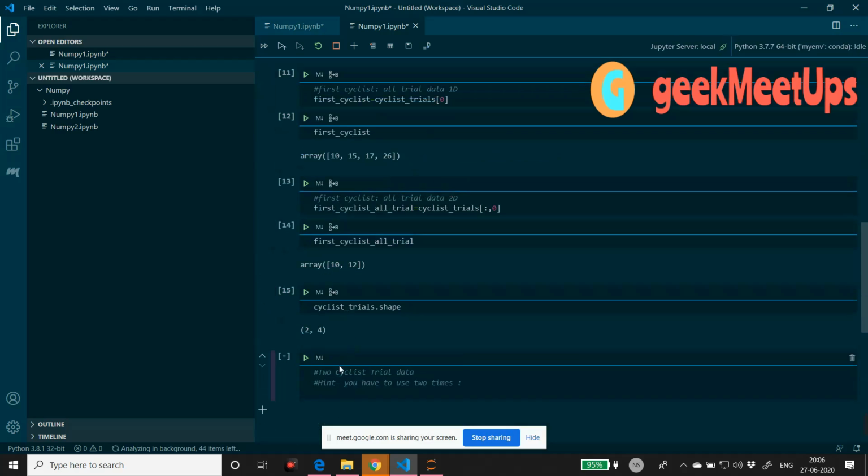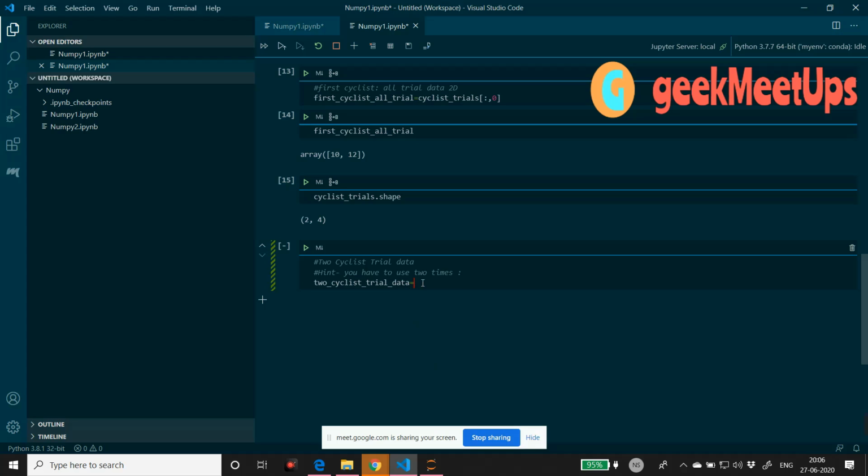Okay, so now suppose I am taking the variable two cyclist trial data equals to what I have taken, cyclist trial. I think Golu already did it.